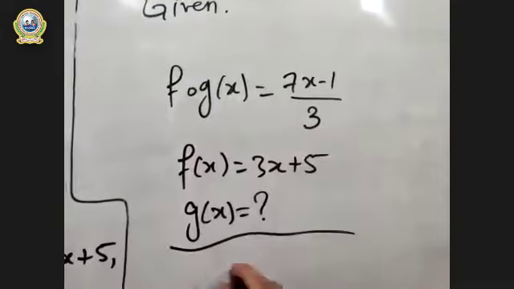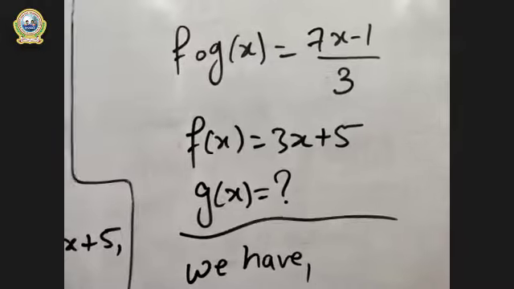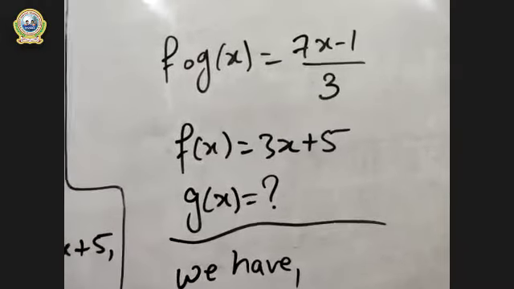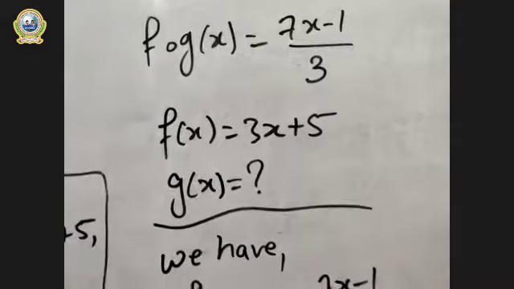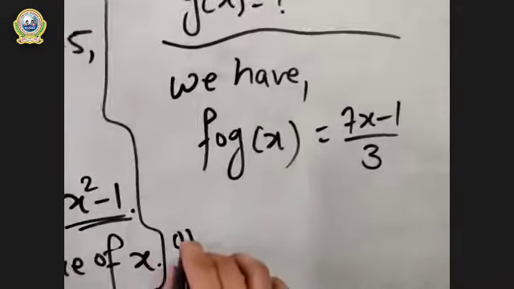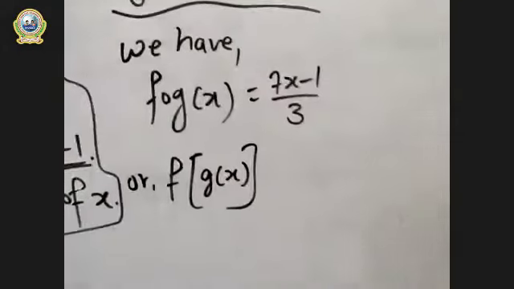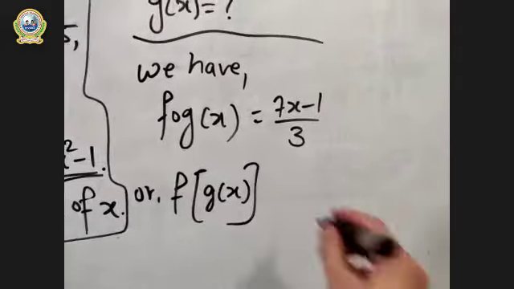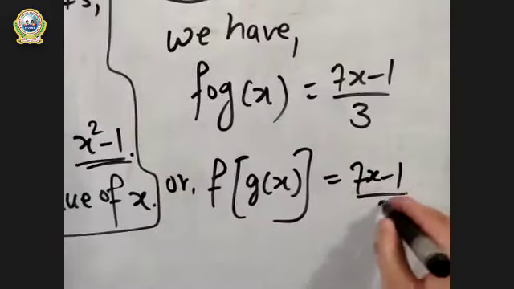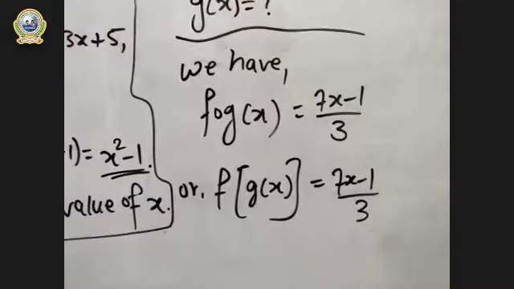So now we start from the beginning. Now we have f∘g(x) is equal to (7x minus 1)/3. Are you clear? And I have taught you a rule: write always first. So now change this as f(g(x)). You know this rule, right? Right hand side always the first, right? So this will be (7x minus 1)/3. Is this clear?